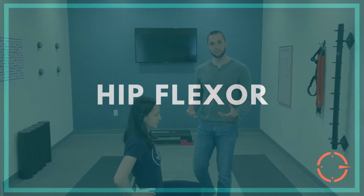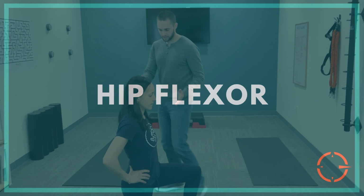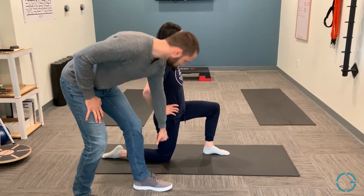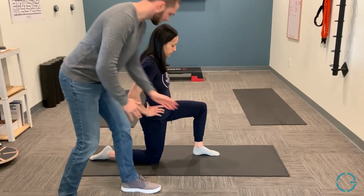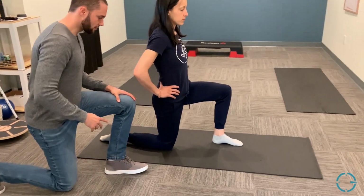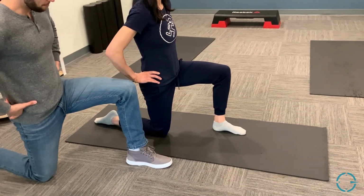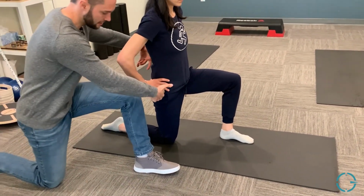So we'll transition into a hip flexor stretch. Starting position here is almost in a lunge position. We're seeing that the knee is below the hip and we're at 90 degrees here, tall posture. So the very first thing Marie is going to do is squeeze the butt muscles and tilt the pelvis backward